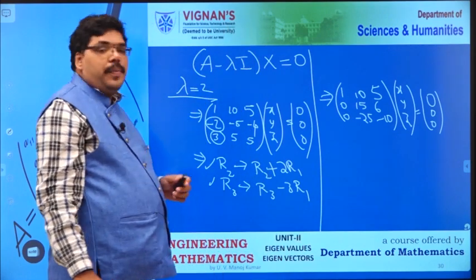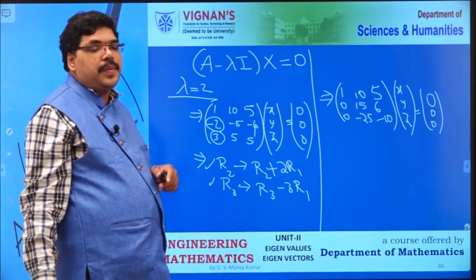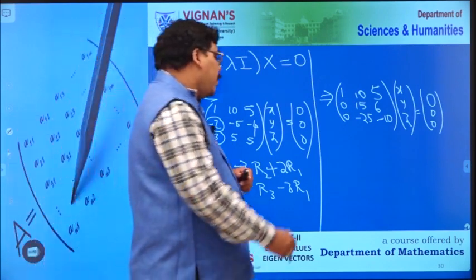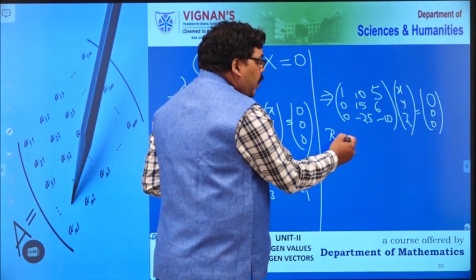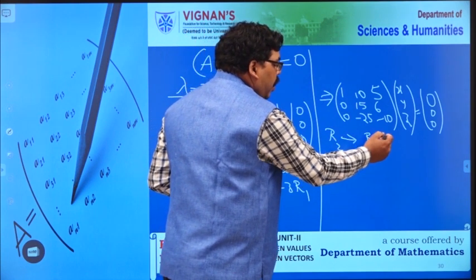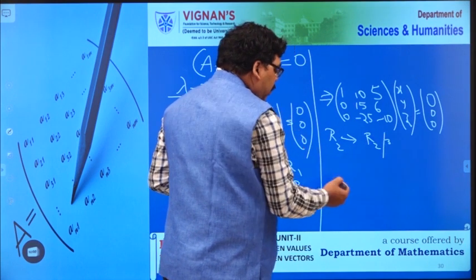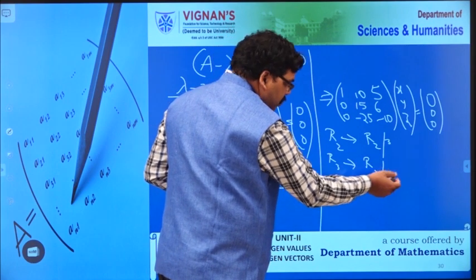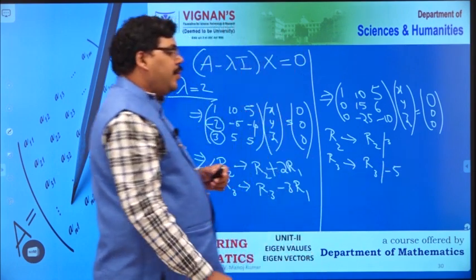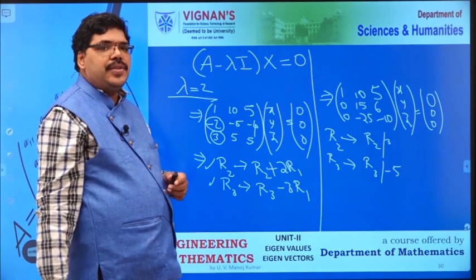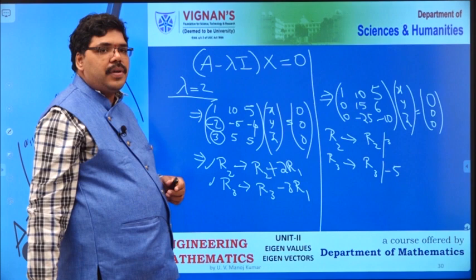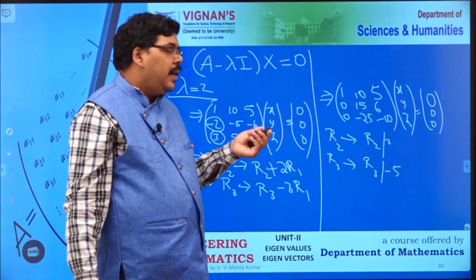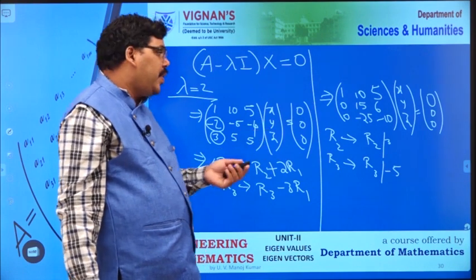So when I apply row operations, the matrix is reduced to this. Is it in echelon form now? No, it is not in echelon form. So what will you do? I am going to apply R2 changes to R2 divided by 3, and R3 changes to R3 divided by minus 5. So you can multiply with a non-zero constant. Here 1 by 3 is one of the non-zero constants, and 1 by minus 5 is a non-zero constant. So when I divide R2 by 3 and R3 by minus 5, what will I get?